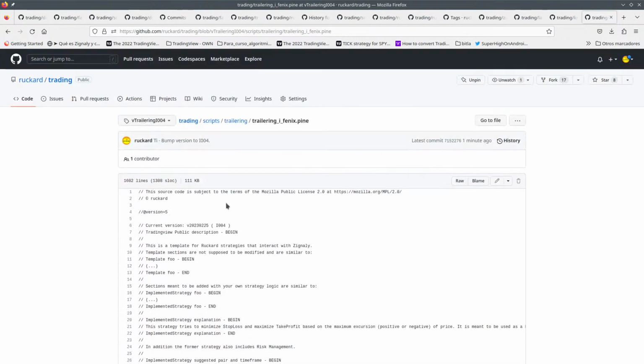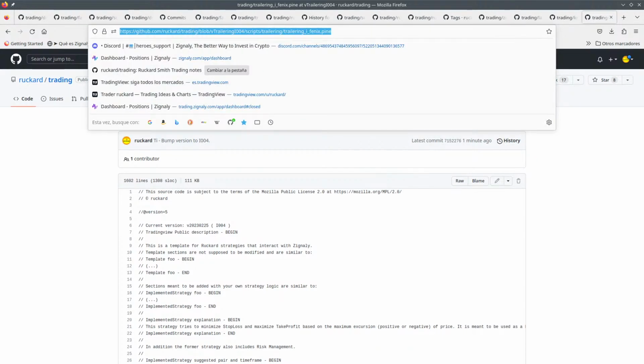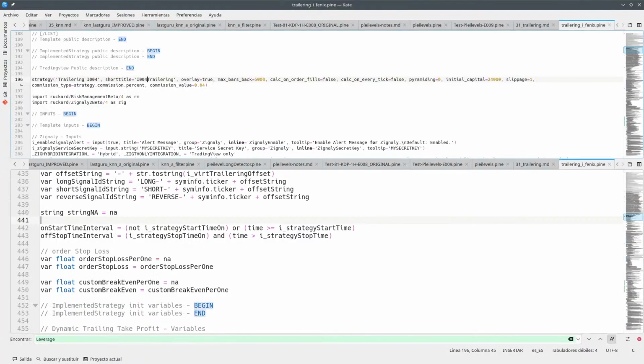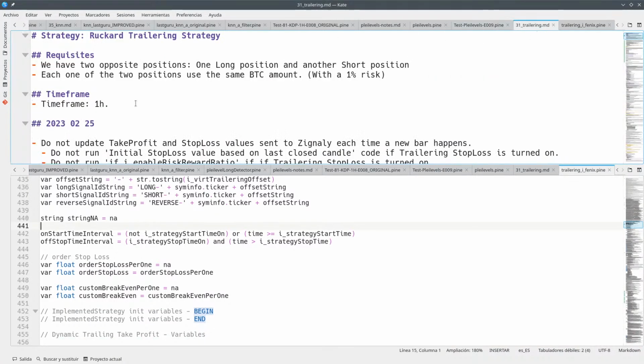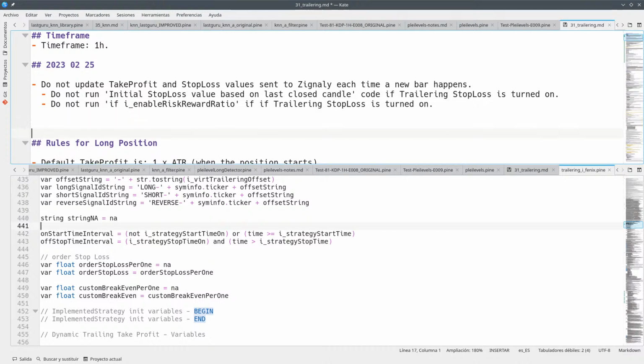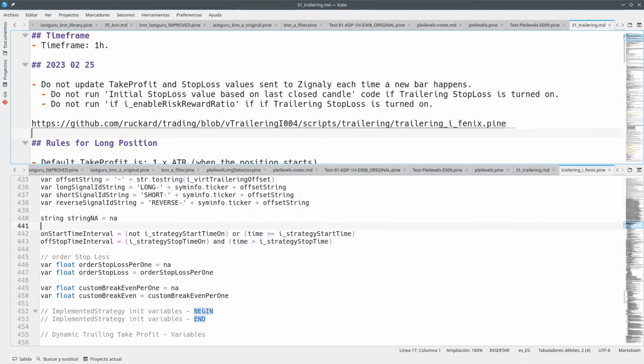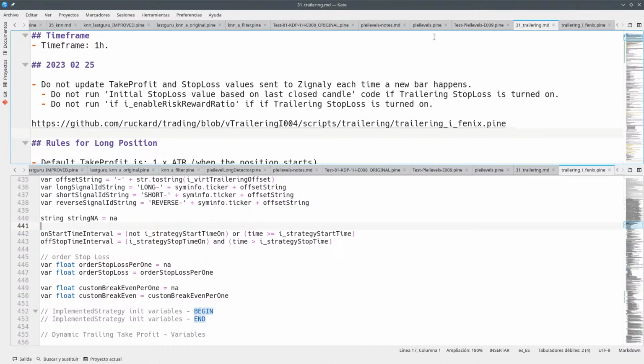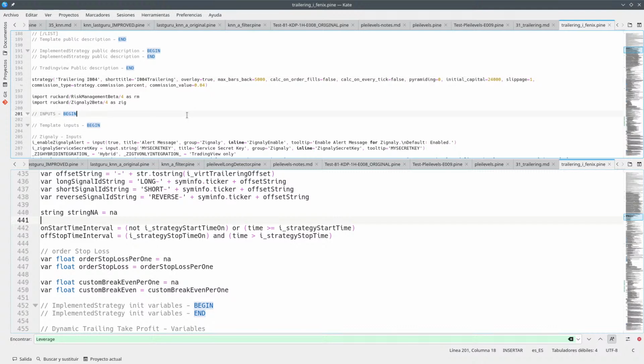that's it. So this is going to be found on the chat so that anyone can use it, and I'm going to write it here so that we have it on the YouTube video description later on when the stream finishes. Okay, I save this, yeah. So now what I'm going to do is apply all of these changes to my Ruckard Zignaly template, and